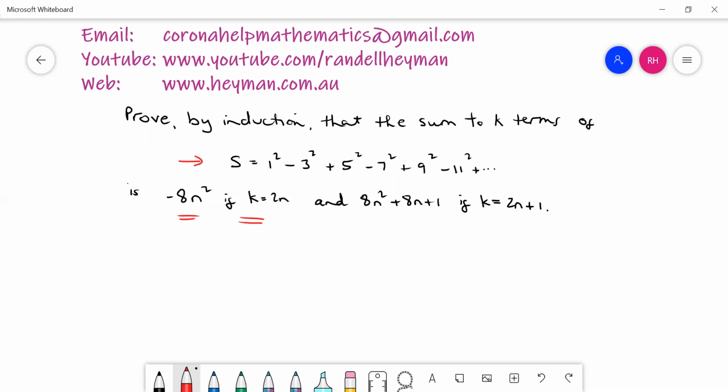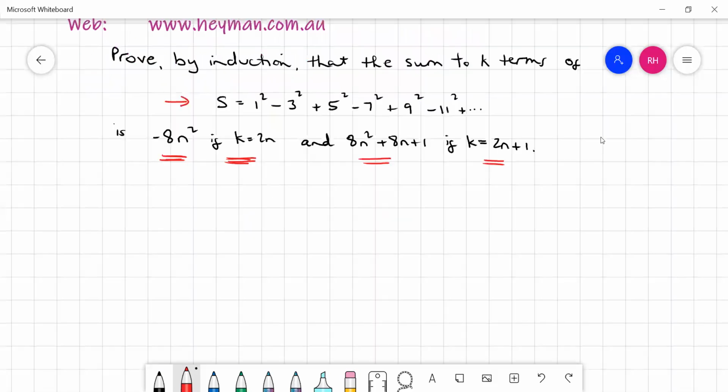And we're told that the sum is a certain thing, -8 times n squared if k is 2n, so if k is even, but it's a different one if k is odd. Here, k equals 2n plus 1. That makes it a bit harder than the vanilla standard induction